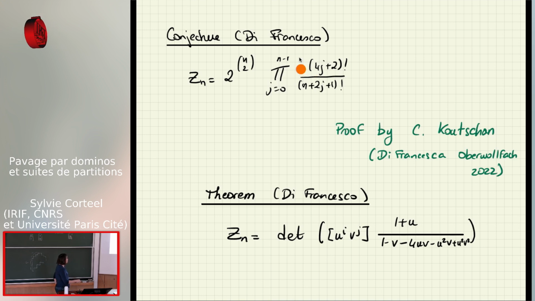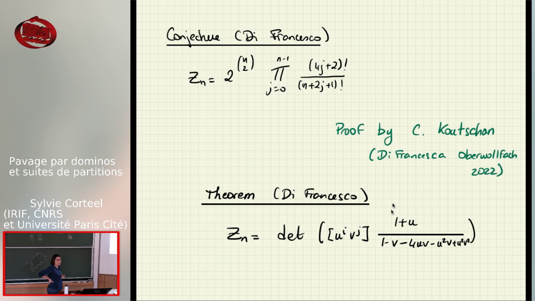So what Philippe could do is write this partition function as a determinant, and that's really easy to do, using just this path idea. And I guess I called him Di Francesca, I'm sorry. He said in Oberwolfach 2022 that this was proven by Kuchan, but I didn't see the proof on the archive. So using